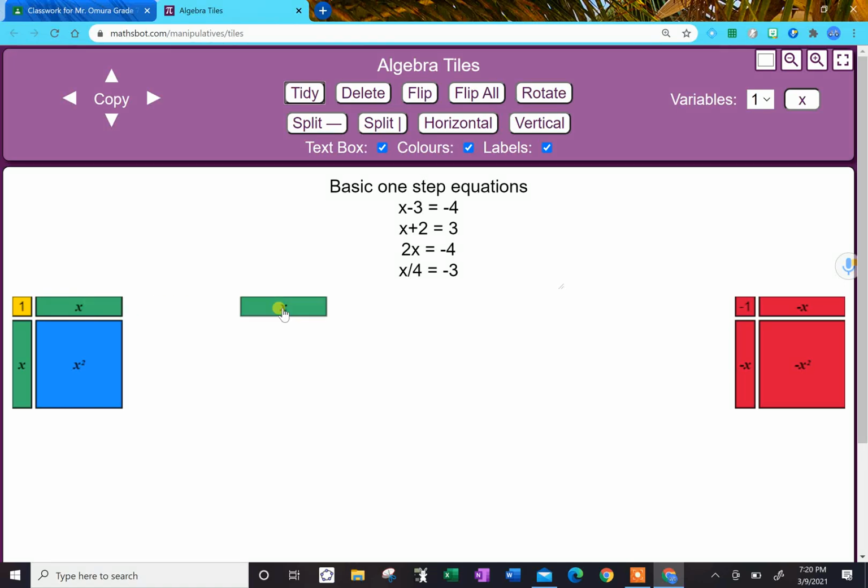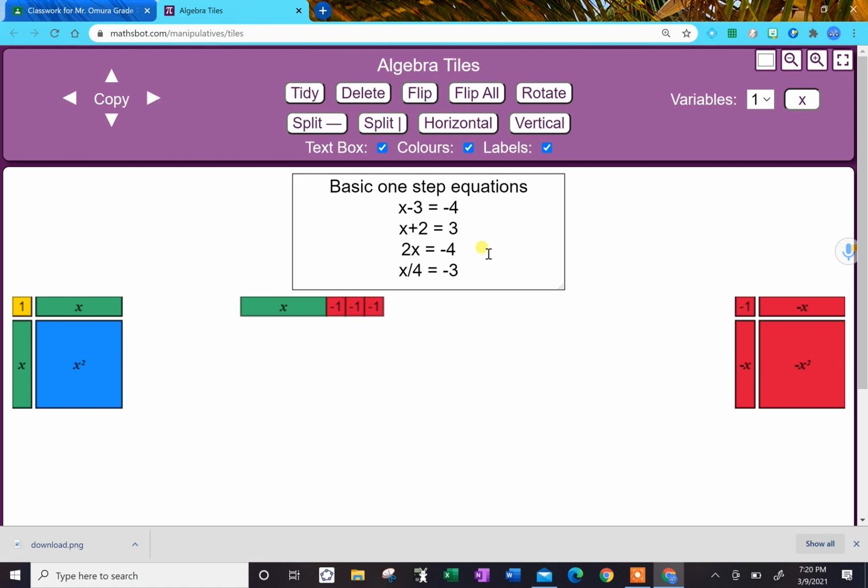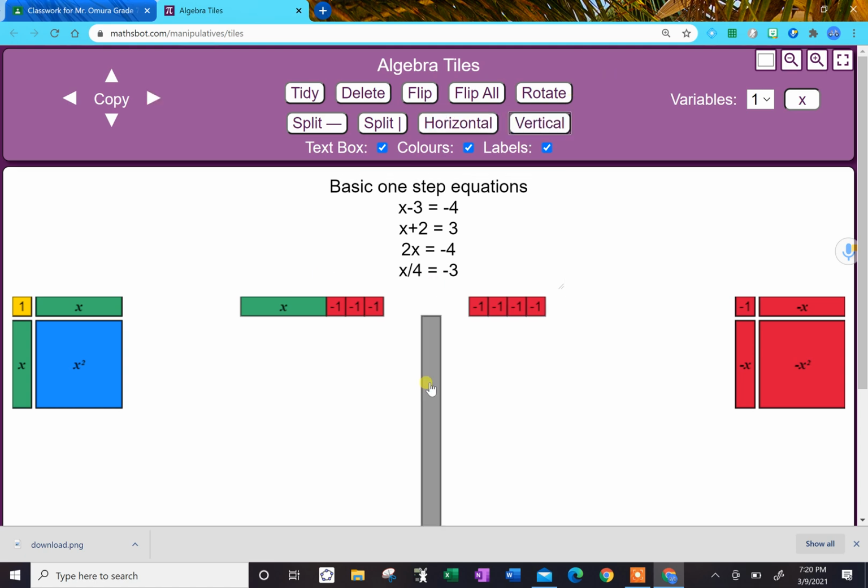Going to do some basic one-step equations. I'm going to start off with this one here: x minus 3 equals negative 4. So I'm going to start off with x minus 3, 1, 2, 3, and I'm going to say equals negative 4, 1, 2, 3, 4. Now, to help me, I'm going to make a vertical line, and this vertical line is